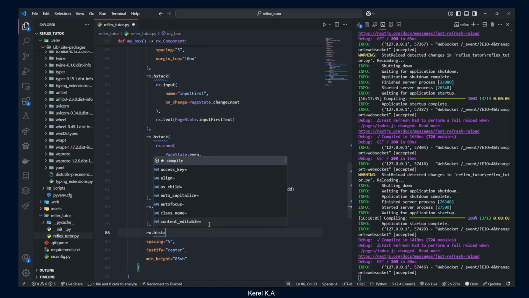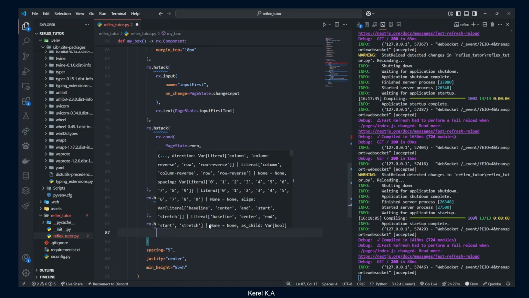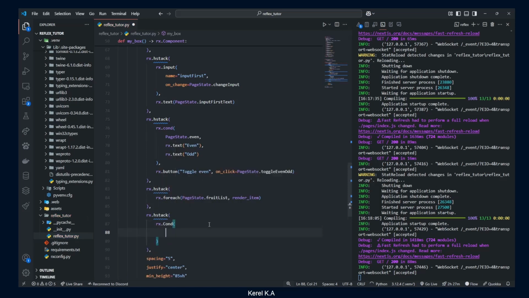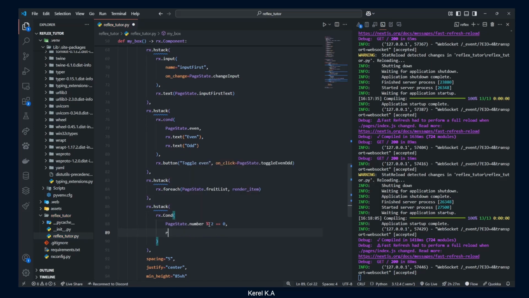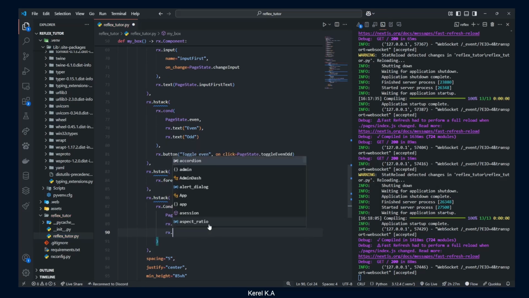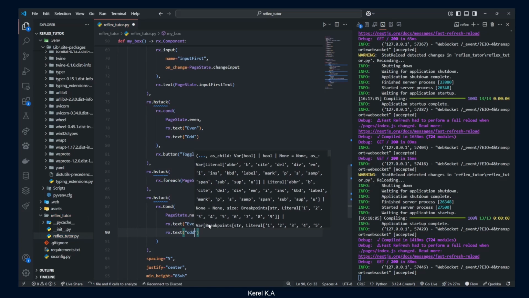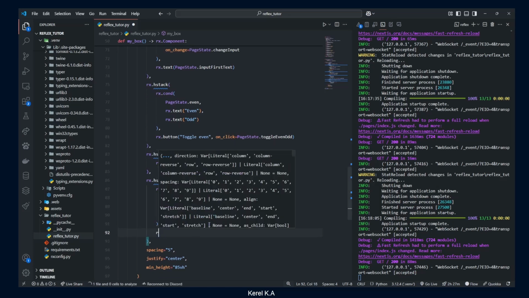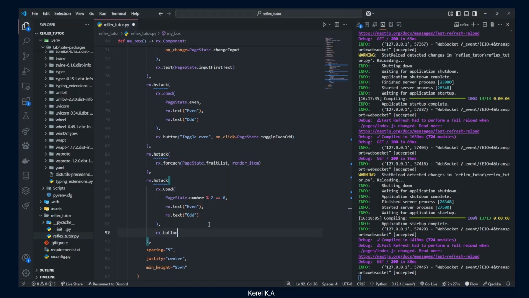Let's say h with rx.cond with that number modulo 2 equal to 0, then we'll render text even, or else render odd, right? So when we have